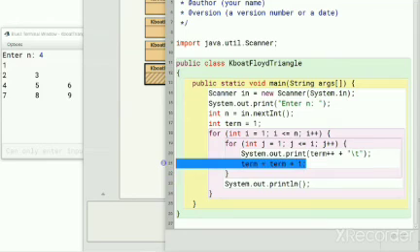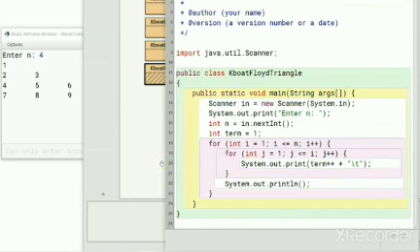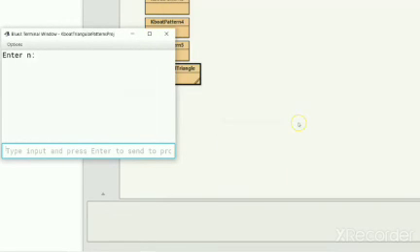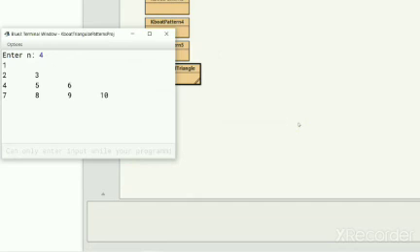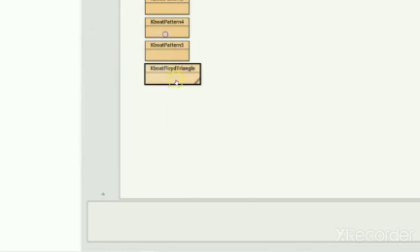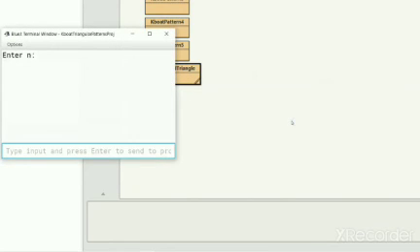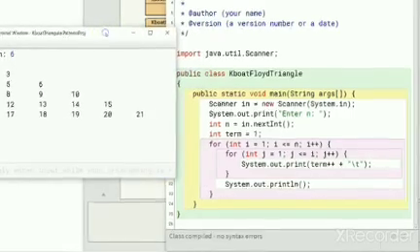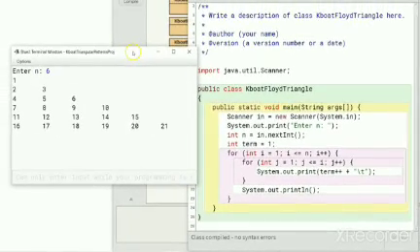I don't need this statement anymore. This will increment the value of term by 1 after printing it. Let's execute the program again. Again, I will print 4 rows of Floyd's triangle. It is generated correctly. Let me execute the program one more time to generate 6 rows of Floyd's triangle. So, our program is able to successfully generate Floyd's triangle of any number of rows based on the user's choice.